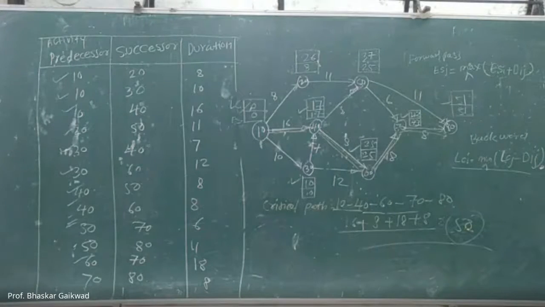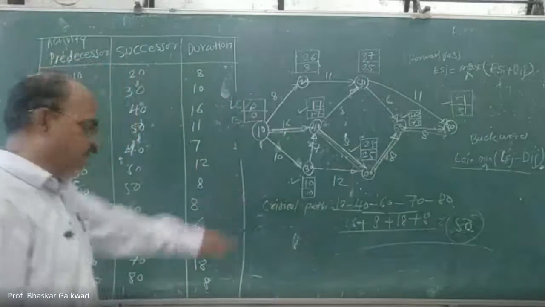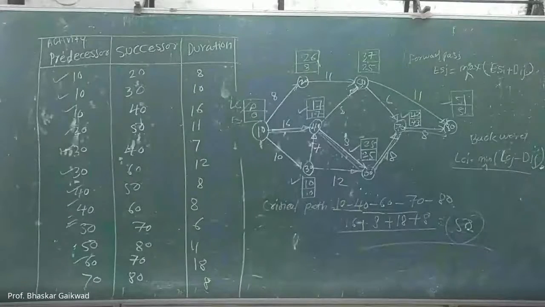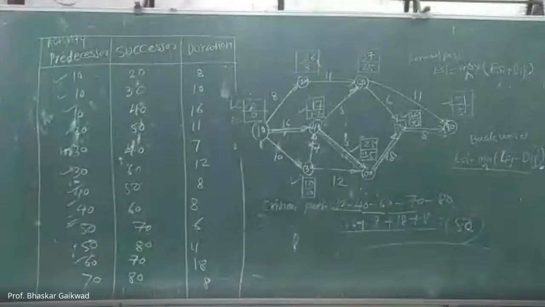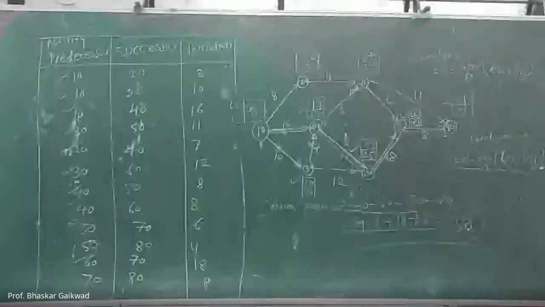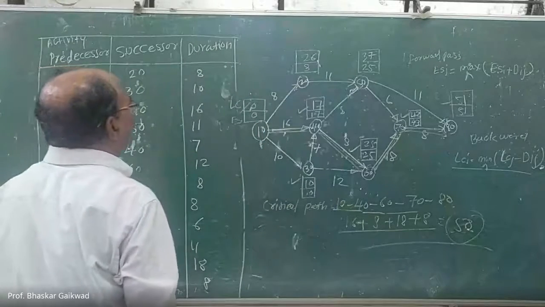So, the next part is your total float and free float. That you have to calculate, because this is your fourth example. Total float and free float you have to calculate, and correspondingly you can write there total float plus free float. Okay. So how to calculate total float and free float? You can rearrange this activity, and then you can calculate the total float and free float.